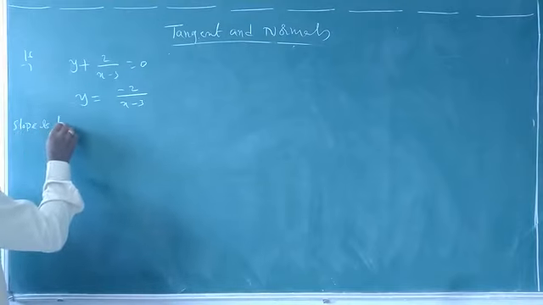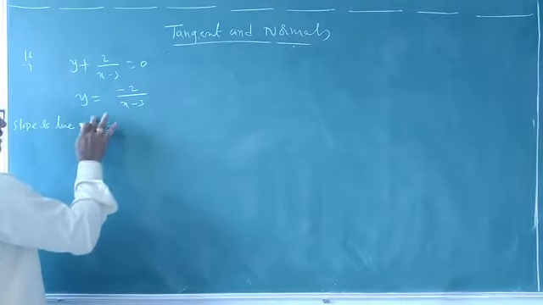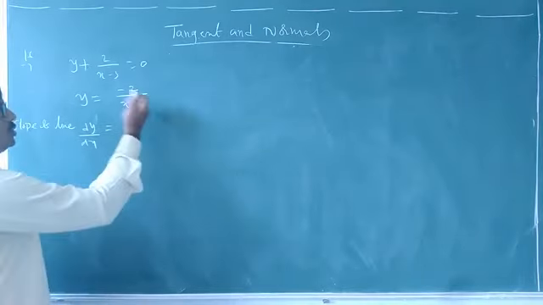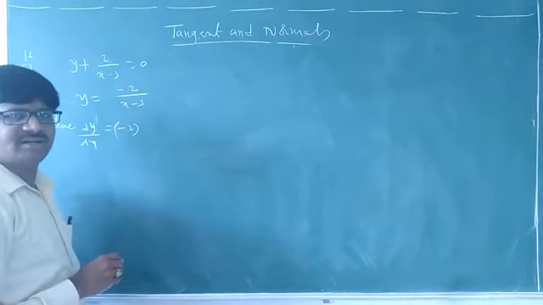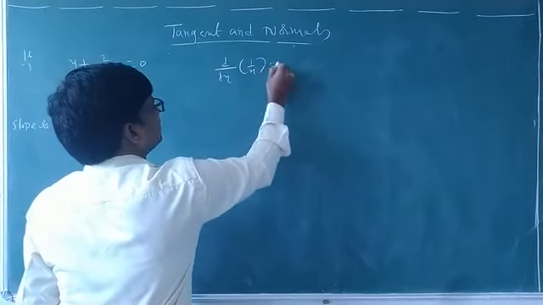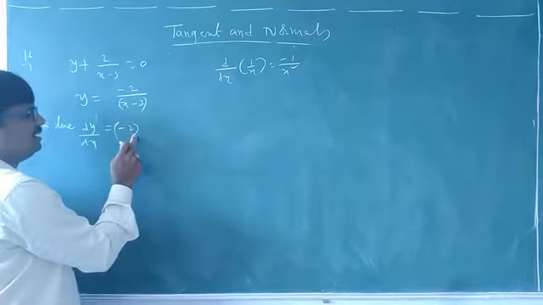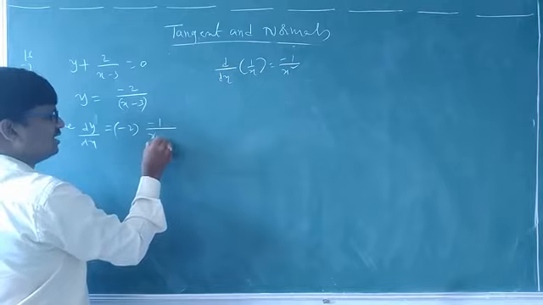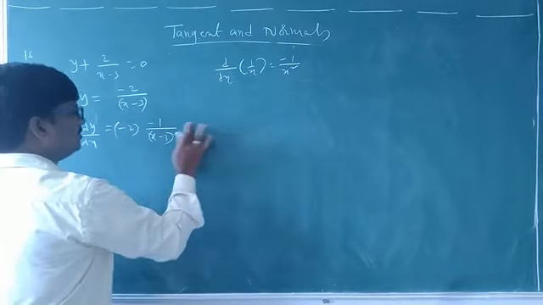Slope of the line or tangent is equal to y dash or dy by dx. Differentiate this one. See, don't use the UV formula. Just minus 2, let it be a constant. It is 1 by x, and the derivative of 1 by x is minus 1 by x square, where x here means x minus 3. So minus 2 let it be, and 1 by x derivative is minus 1 by x minus 3 whole square. Minus minus plus. So what will this be?